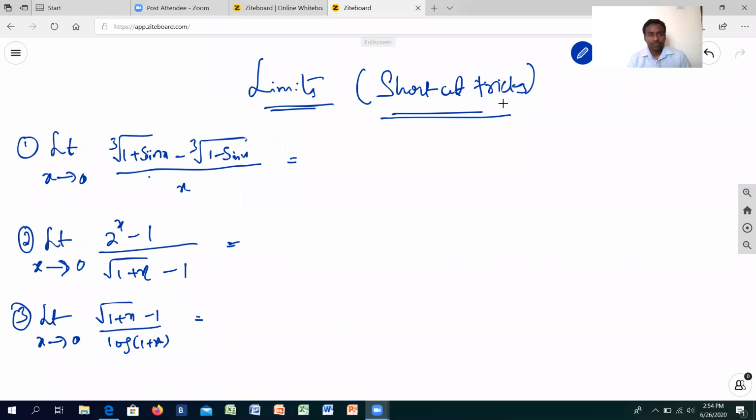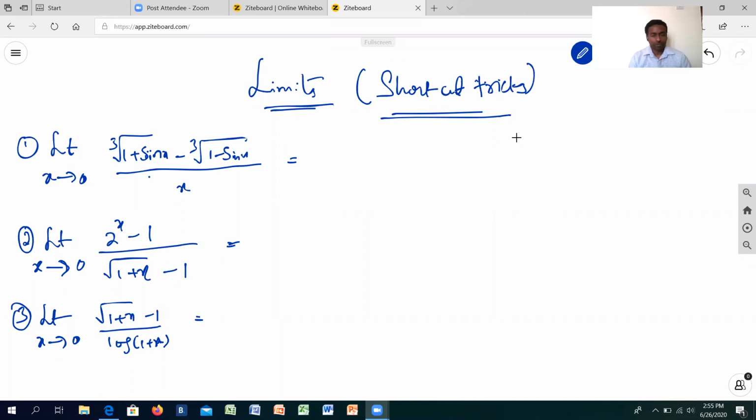Hello friends, in this video we'll be learning a series of shortcuts. I have taken a topic from limits, and in this one specifically we will apply it and work it out for our entrance examinations where the students are appearing. They can solve this and get the hack of these questions in no time.